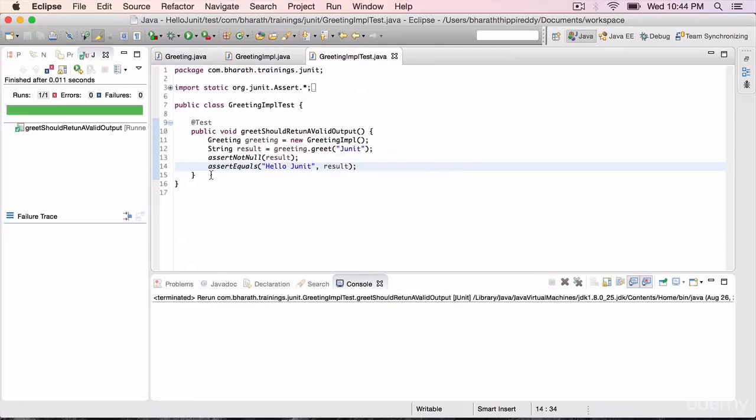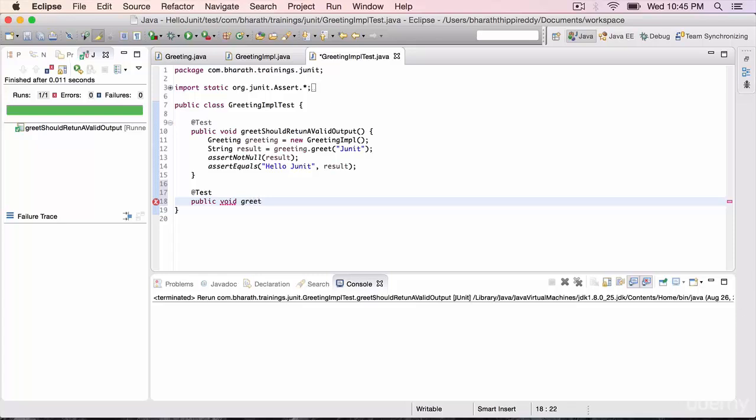So now let's create a test for the exception scenario. We will start writing a new test by annotating @Test. If you hit control space, you will get help. So you simply use that annotation, then write public void. All the test methods should be void, and we should always give them as meaningful a name as possible.